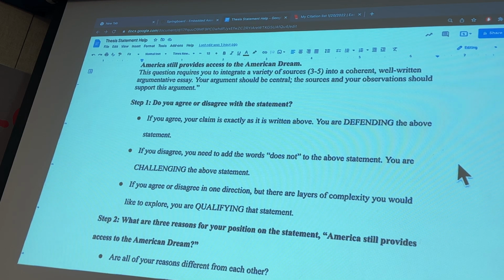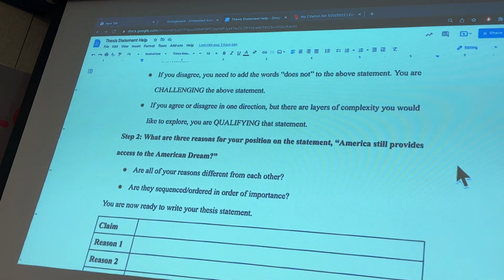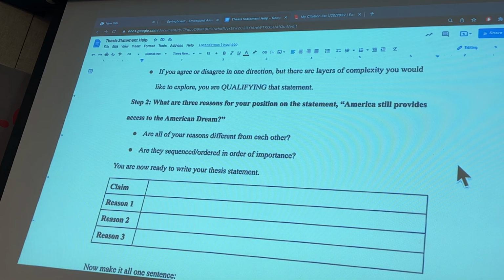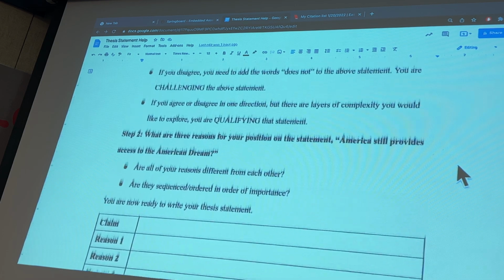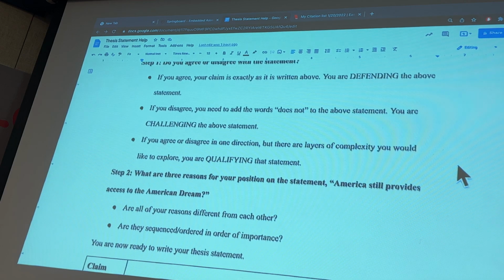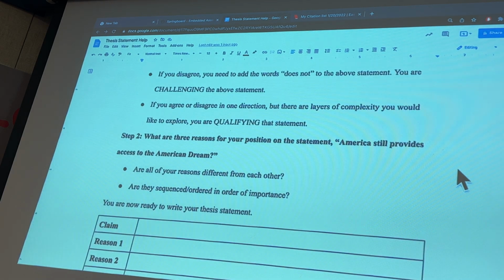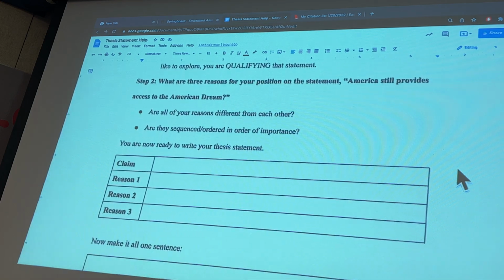If you agree or disagree in one direction, but there are layers of complexity that you would like to explore, you are qualifying that statement. So once you decide whether you are defending, challenging, or qualifying, you can move on into step 2.